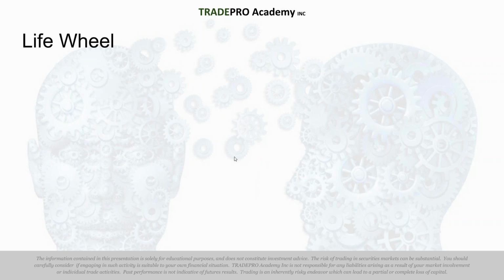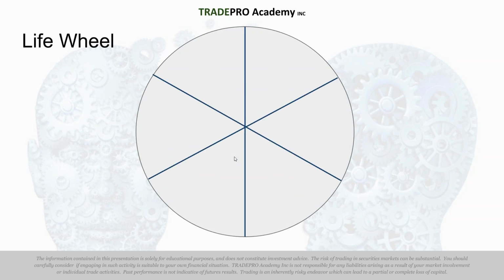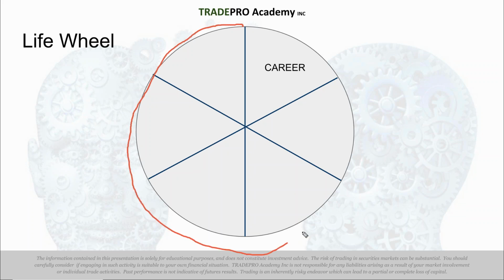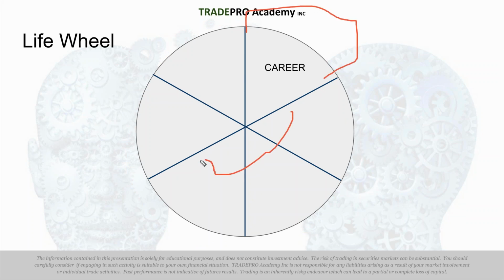All right, let's look at the life wheel. So this isn't new to you guys. I think we talked about this. There's 6 stages of life that you're at any given moment that you could work on, or that you could choose to invest your energy or money or time on, or all of the 3. And they're as follows: career, which is one that most people overinvest in, typically spending too much into that and throwing the wheel out of balance. Remember, why is it a wheel? Because it needs to be even around the circumference, otherwise it won't roll. If you put all your weight into career but nothing else in the other ones, it's not a wheel. That won't roll very smoothly. It's not a wheel I'd want to have on my car.